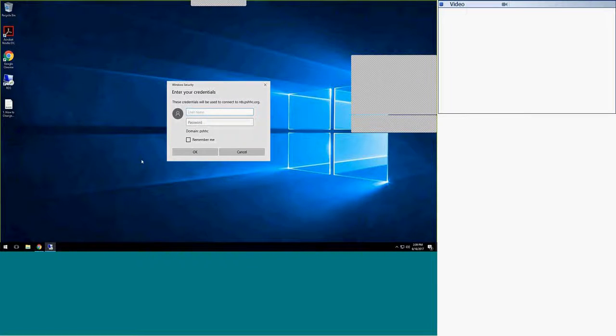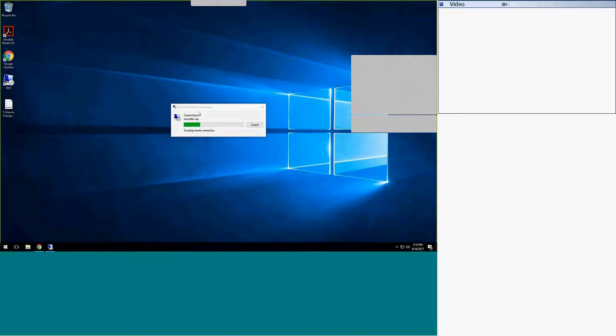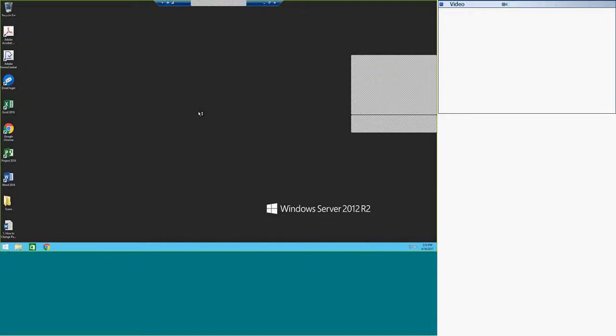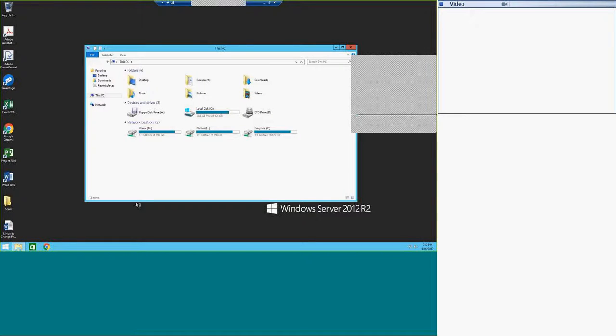However, where we really want you to go is into the remote desktop service. So I'm going to log in here, as this prompted me to log in, and I'm signing in with just a temporary account. When you're logged into RDS, our remote desktop service, by default all your documents will save to your home drive automatically. So I'm going to go back to my virtual file cabinet here,